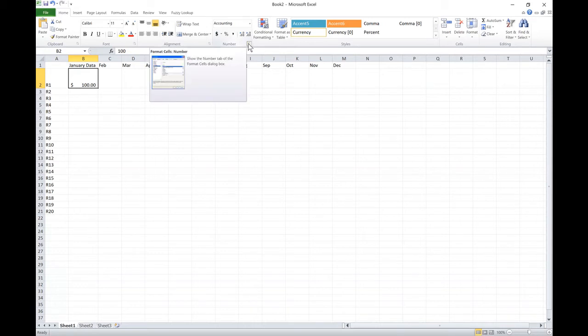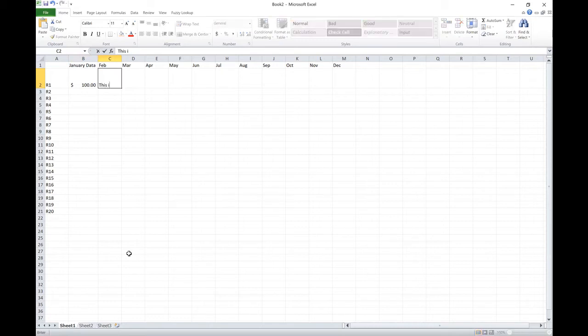There's the little box on the corner of the number. You can go in there and format however you like. You can highlight them. You can show them as red if they're negative, or negative signs, or however you want to do it. So that's one of the cool things, and then when you start typing text in,